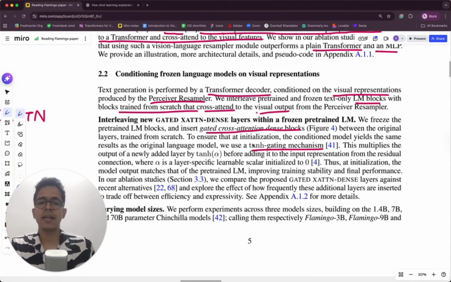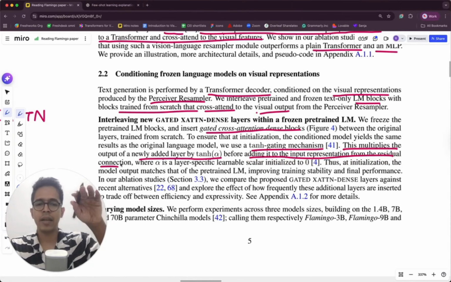And this is where the tanh mechanism is introduced. This mechanism multiplies the output of a newly added layer by tanh of alpha. So the output of the gated cross-attention is multiplied by tanh of alpha before adding it to the input representation from the residual, because a residual connection is coming, and before you add something to the residual,